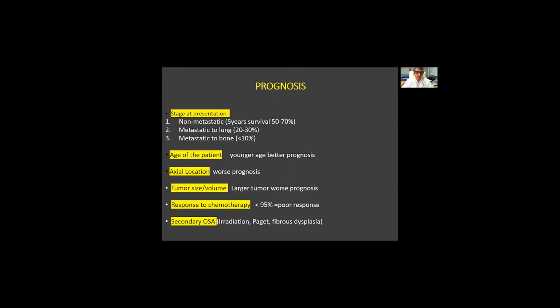Osteosarcoma of the pelvis has worse prognosis than osteosarcoma of the long bones. Large-sized tumors and patients presenting late have worse prognosis than earlier, smaller-sized tumors. Poor responders to chemotherapy have worse prognosis, with higher incidence of local and distant relapse. And finally, osteosarcoma secondary to irradiation, Paget, or fibrous dysplasia also has higher incidence of local and distant relapse and poor